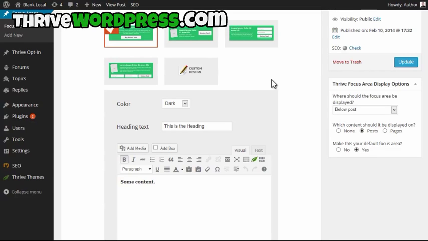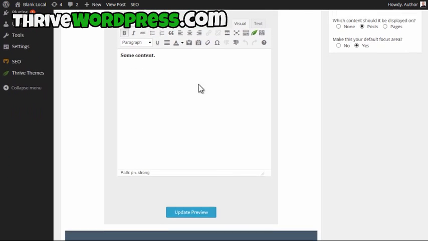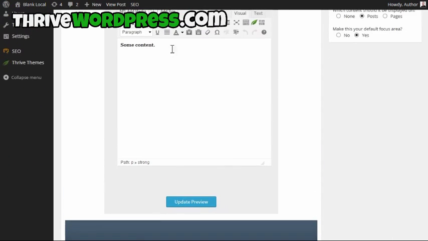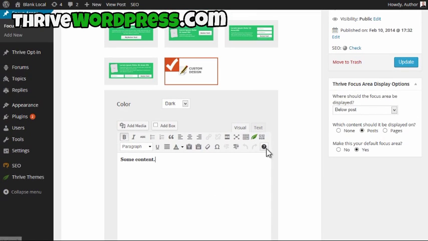One final note, you can also create custom content. If you create custom content, you simply add your content in any way you want into the focus area field. And this also supports things like columns and shortcodes. So you can add images, you can even add video, you can have a column layout, you can have button shortcodes and stuff like that. But all the shortcodes and all those things are only supported in the custom design. If you choose